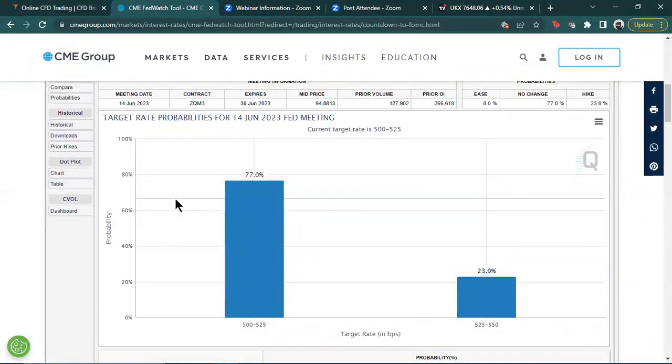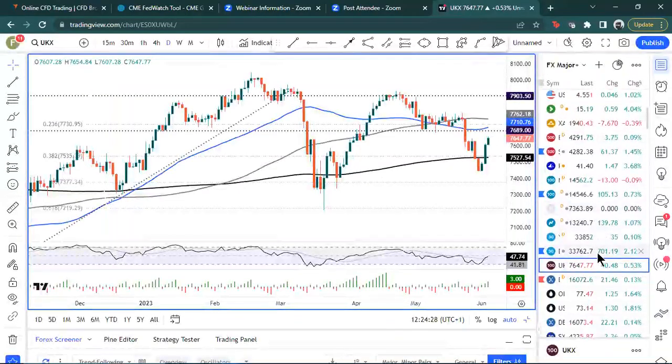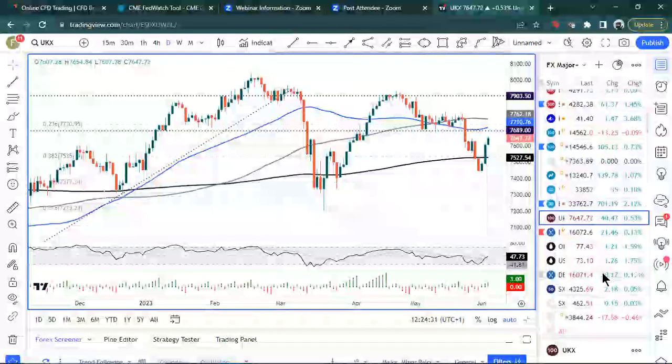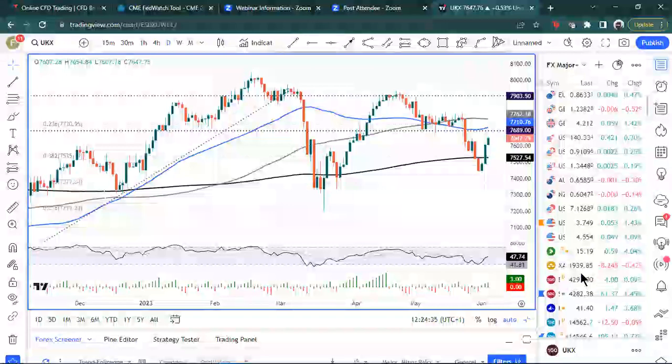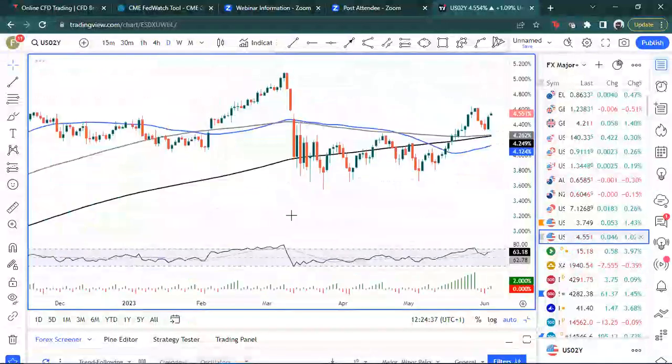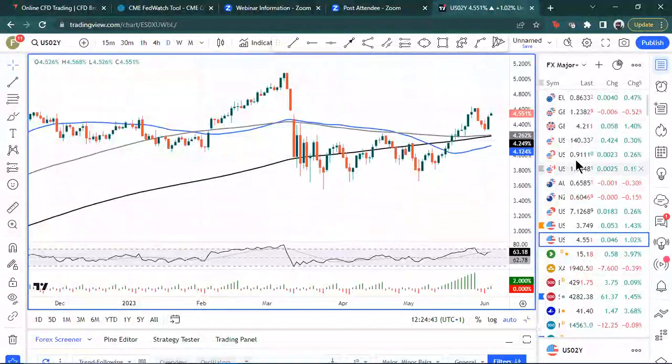That was all borne out by a decent move higher in Treasury yields. And if I just pull up that chart, which we don't go into very often, but I always think it's useful. So the 2-year Treasury yield chart, it's just a really good guide as to where Fed funds futures go, which is then obviously where potentially the dollar goes as well.